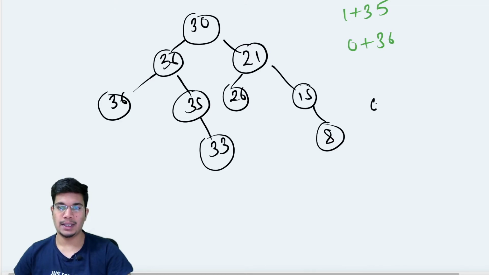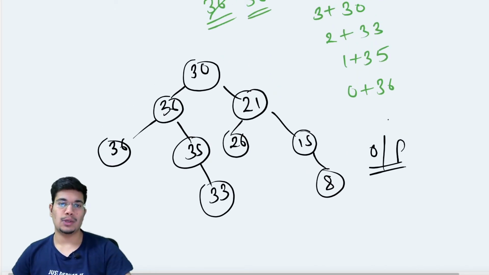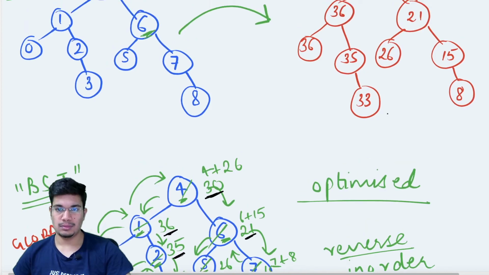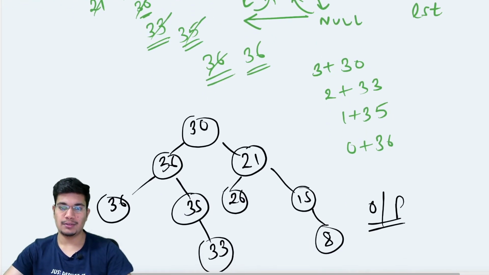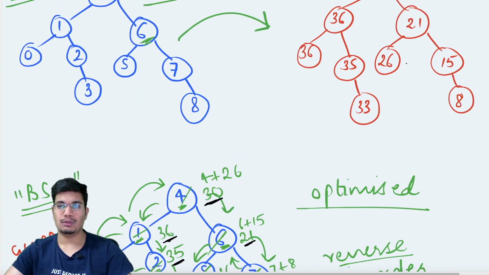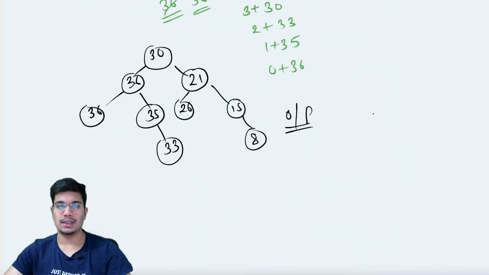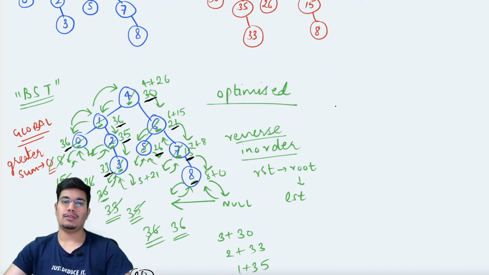This is the updated tree as the output that we are going to return back to the caller. So let's match this with the output that we were wanting. 30, 36, 21, then 36, 35, 26, 15, and 33 and 8. So as you can see, they clearly match both these trees, and we have in place changed it to a